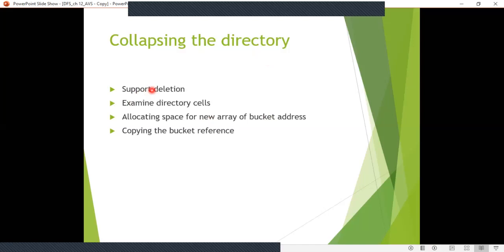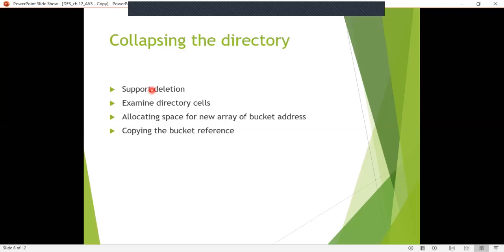That is, you are making sure that it is not a bucket but it is a directory, and that at the lowest level you always have the buckets, right? So first you have to make sure that it is a directory, then we have to test if the directory can be collapsed. This consists of examining each pair of the directory cells. You have to go through each pair of the directory cells to see if they point to different buckets.